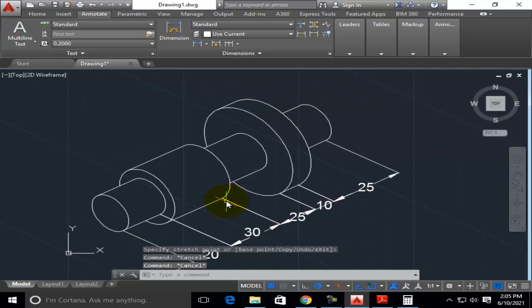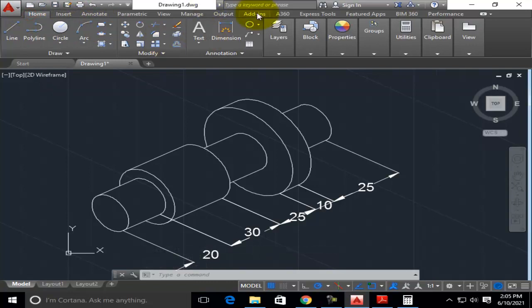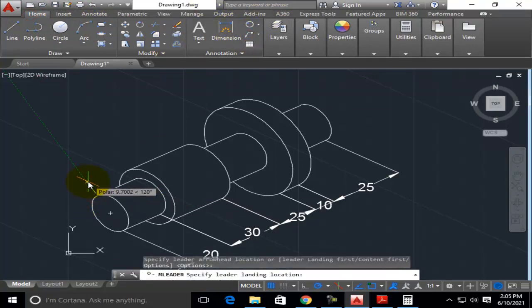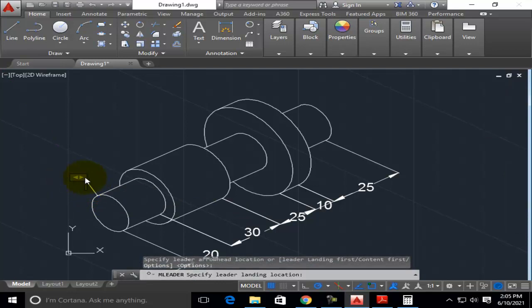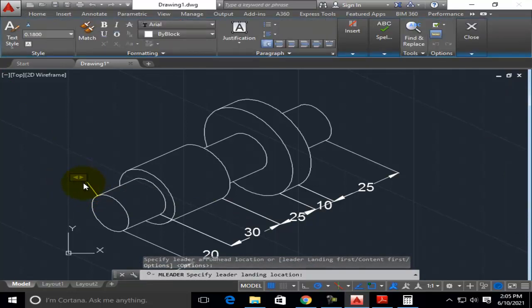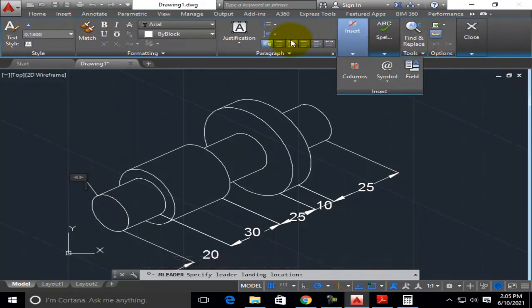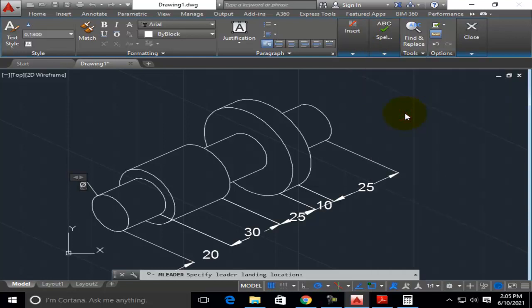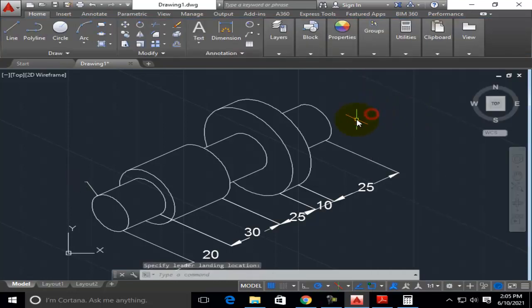Now I am going to use the leader option. Here, select the leader option and select this arc and give it as radius. You can use a symbol available in the option here. Insert symbol, diameter of 20 for this.